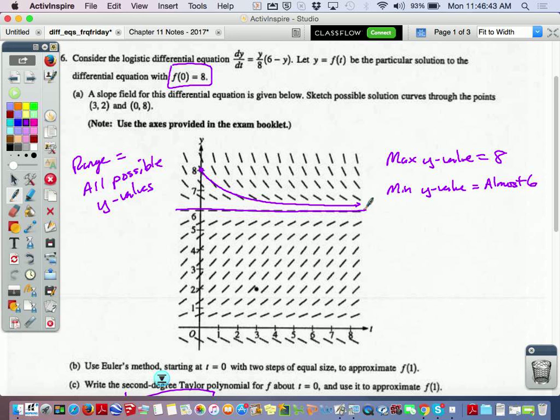So what we'd say then is that our range is that our y values could be less than or equal to 8, but they definitely have to be greater than 6. And this is either right or it's wrong, and it is worth 1